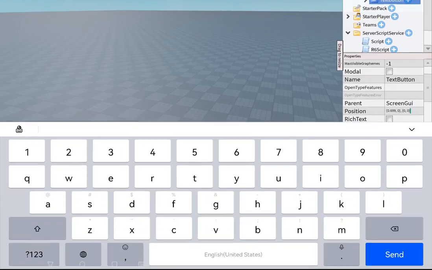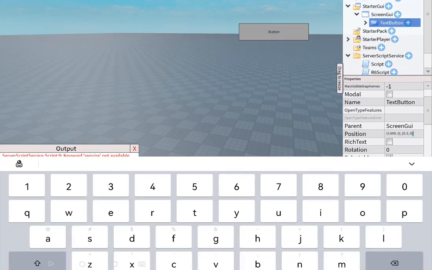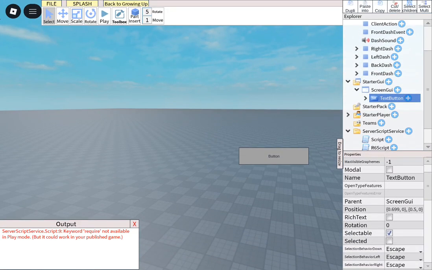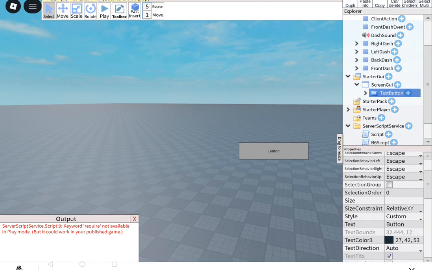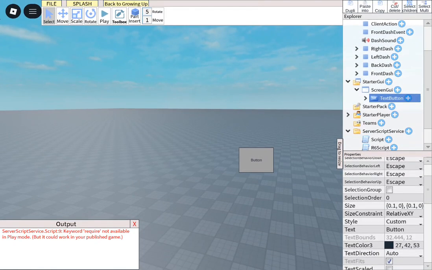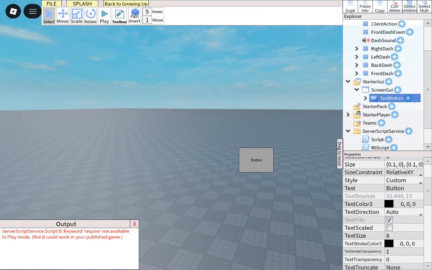Okay, so this, you can copy where I'm putting it, but you don't need to, if you know how to do it now. Okay. Now change this. We'll make this very black.